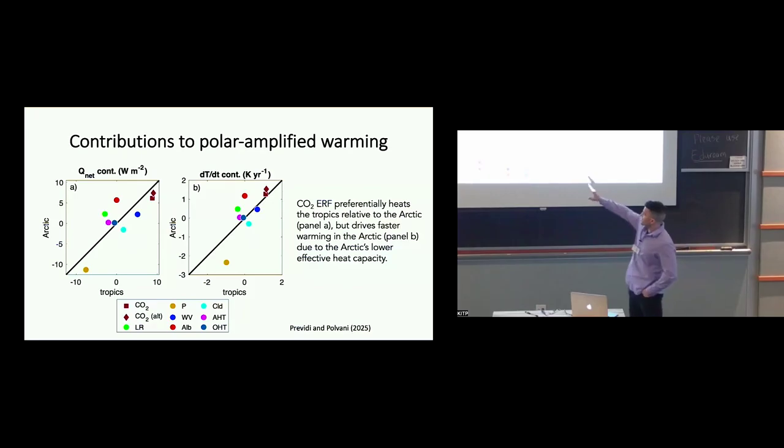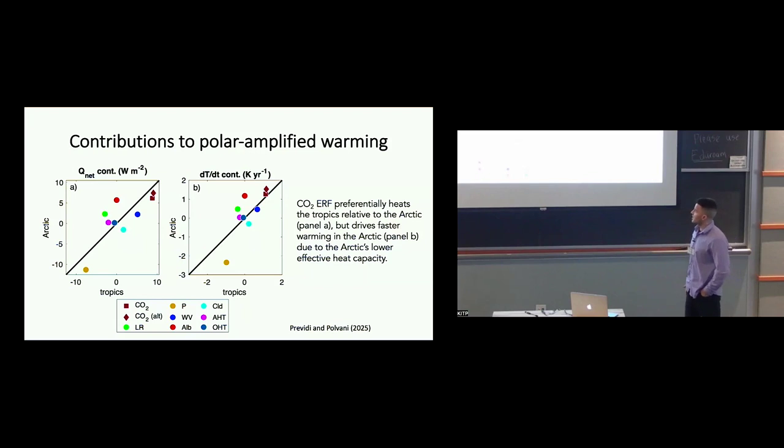So panel A, I'll start with that. I should say again, these are averages over the first decade of the model simulations. And so the way that people traditionally have done this is illustrated in panel A on the left. You essentially decompose QNet into CO2 forcing and the various feedbacks. And if you're trying to understand which of these factors are contributing to Arctic amplification, you could compare the values of these feedbacks over the Arctic versus the tropics, and if a given forcing or feedback is larger over the Arctic compared to the tropics, or in other words, it's above the 1-to-1 line in this plot, it's viewed as contributing to Arctic amplification, whereas if it's below the 1-to-1 line, it's viewed as contributing to tropical